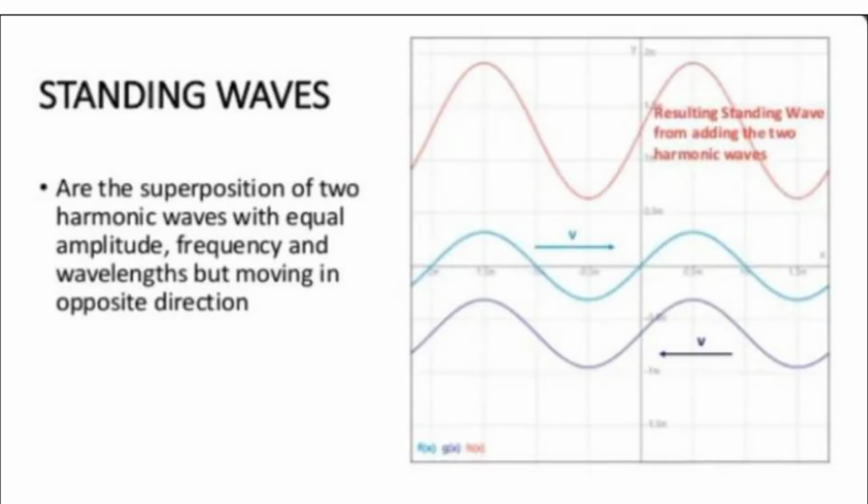nodes and antinodes. First of all, I want to explain the concept of standing wave. Let us consider two harmonic waves with the same amplitude, wavelength and speed. Here, one of the waves moves in the positive direction and the other wave in the negative direction. Then they will superimpose each other to form a standing wave or a stationary wave. So the standing waves are the superposition of two harmonic waves with equal amplitude, frequency and wavelengths but moving